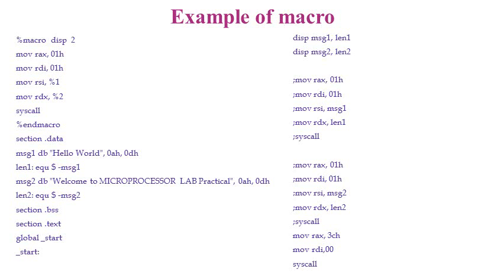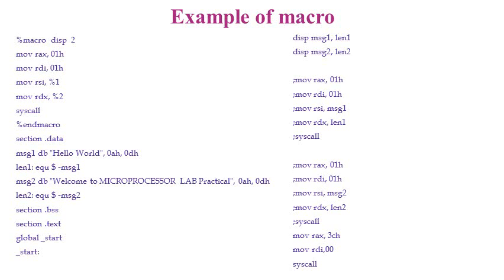Now let's see one example of macro. Here I have written a program to display two messages on a terminal. When I want to display two messages on the terminal, I have to write the display code two times. So instead of writing the same code two times, what I do is create a macro for that code, and use that macro in the program.